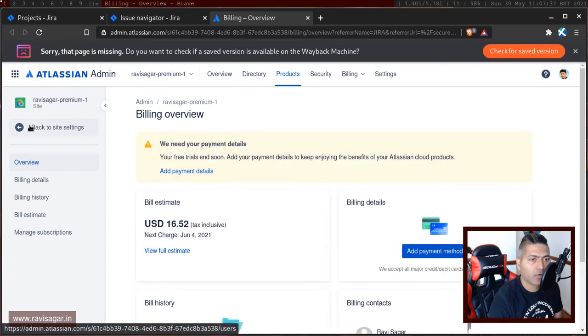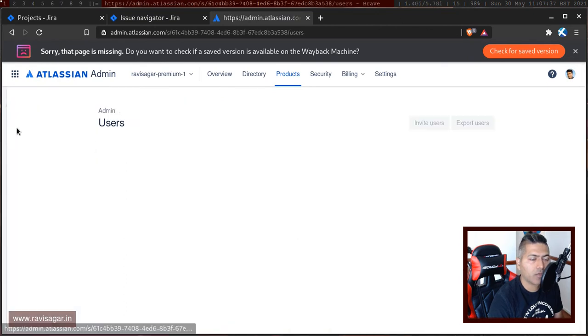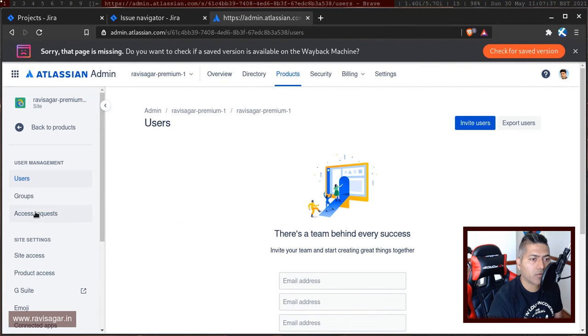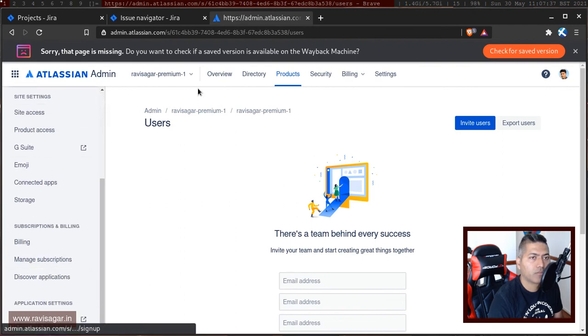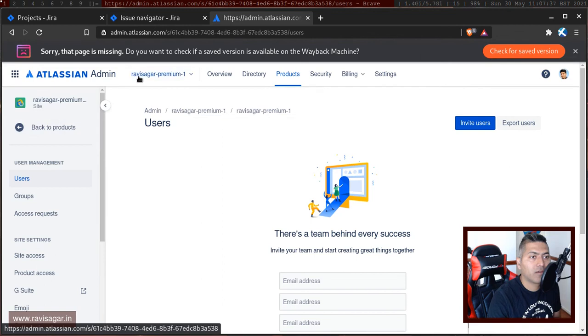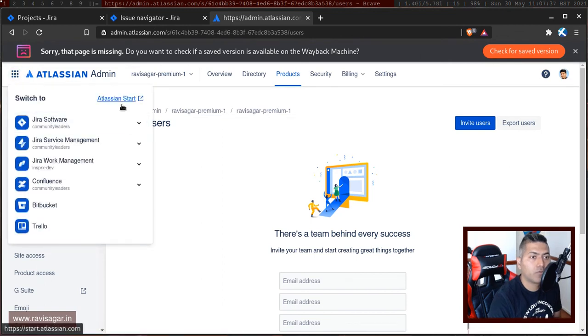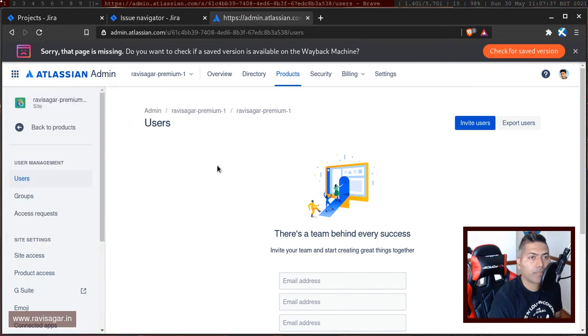I think I did this a while back, so I'm not really sure about the exact path. So what I'll do is I'll go back to the users. No, not really users. Come on, Jira Premium. Yes, I wanted to create a sandbox. How can I create a sandbox? I think I need to go to, where exactly is the option?